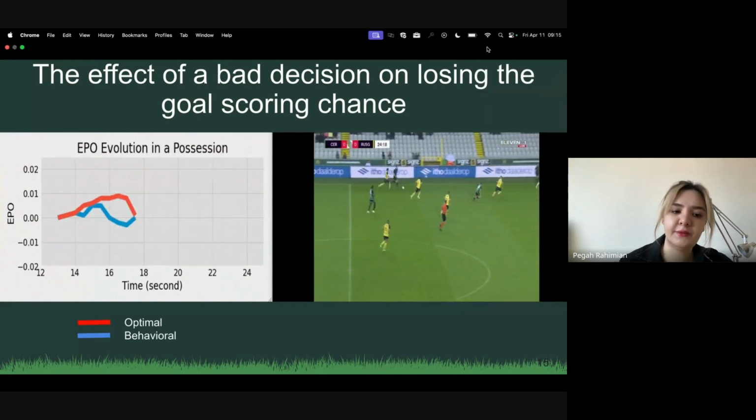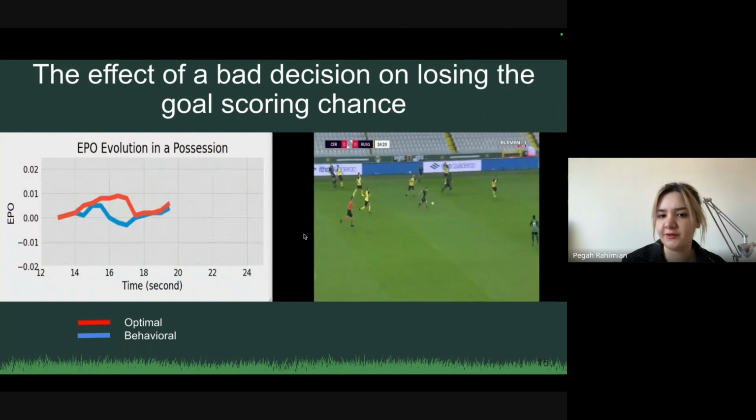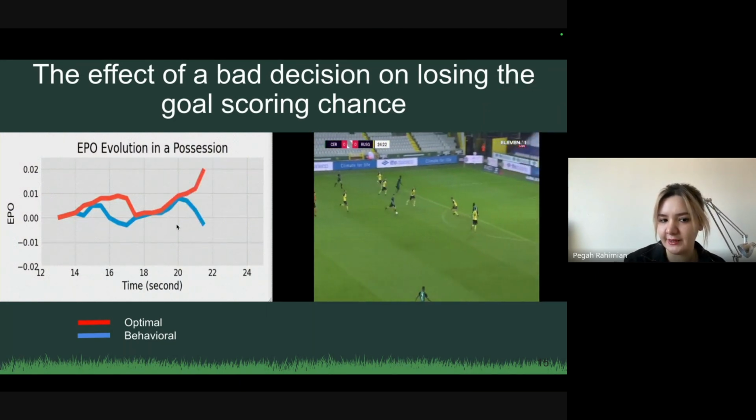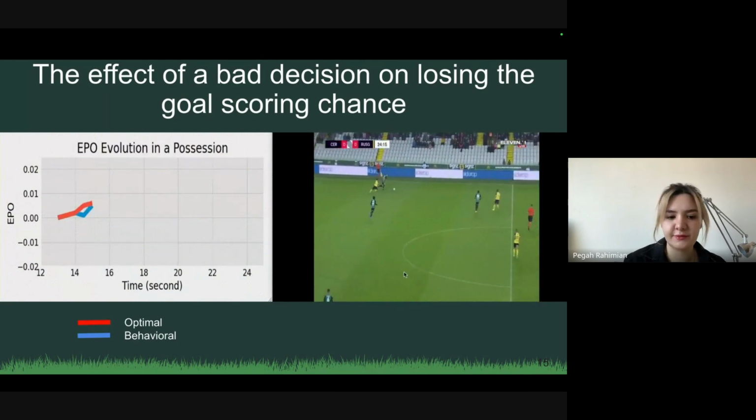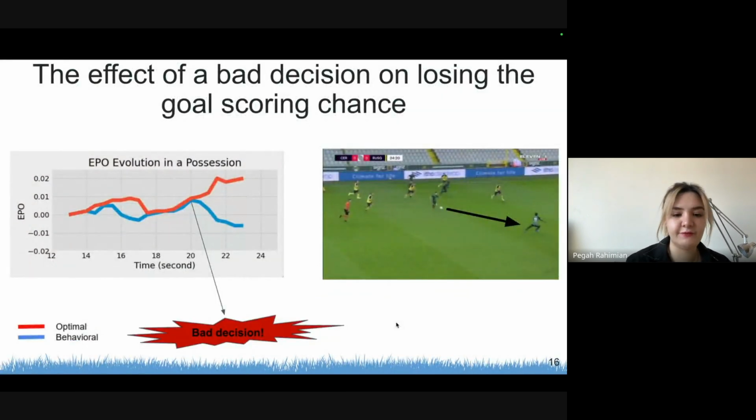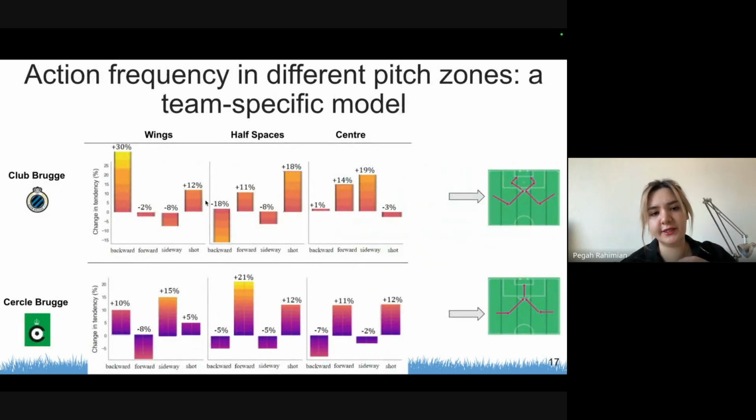The team missed this chance because of the bad decision at this second, 20, of this player, who was kind of selfish and chose a bad decision at this moment. He should have sent the ball to the striker who had very good positioning, and reinforcement learning could highlight such a thing. Based on that, we can provide analysis for clubs that they should have increased the